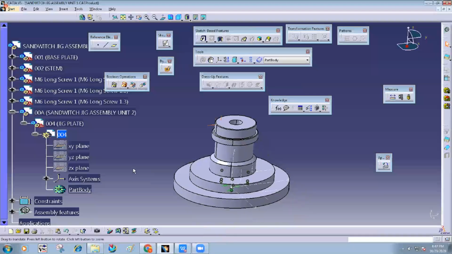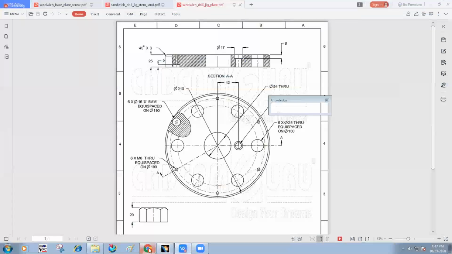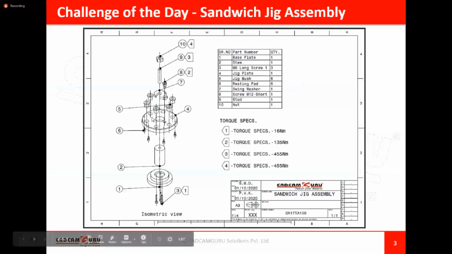Hello, sir. Hello. So why is there a need for creating a subassembly in an assembly? From a management point of view, simple. That's why subassembly creation is simple from a management point of view. If you divide this entire assembly, similarly, if you consider a lathe machine, there are different sub units. The headstock subassembly is different, the tailstock assembly is different.